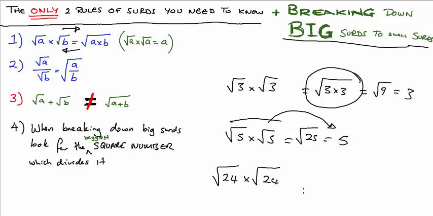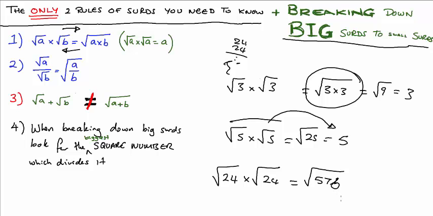Now remember, surd questions are going to come up in non-calculator papers, because as you've seen with calculators, it's really easy to do these questions, as they're just numbers. So here's the deal: you should be comfy knowing that square root of 24 times square root of 24 is 24. Because if not, you'd have no other choice. You'd try to join that together as one, do 24 times 24, which you'd do by the grid method or long multiplication, and you'd get to this point: square root of